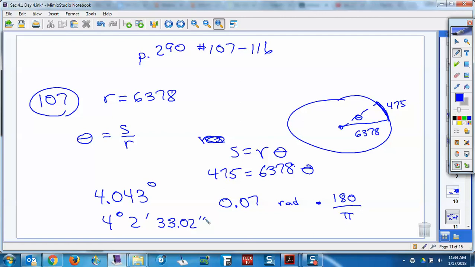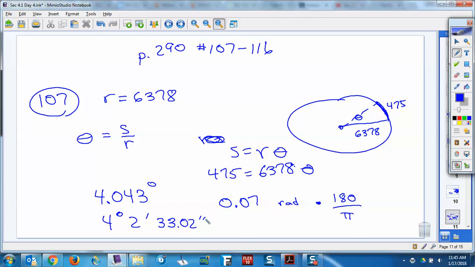Understand again that this formula, theta, is only in radians. So when you divide S divided by R and you get 0.07, that's radians. Take it times 180 over pi, gives you degrees. Change it to DMS, maybe would be something you might want to do there. Okay, let's move on to